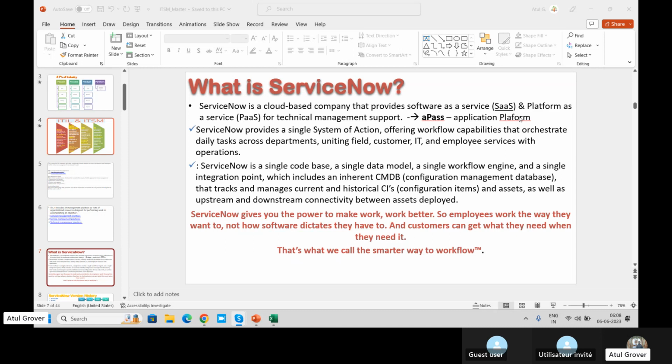Okay, ServiceNow is kind of a system which provides a lot of capabilities, like you can do actions on click, on move kind of things. You can configure the workflows. Workflow is nothing, it is a way to do automation.